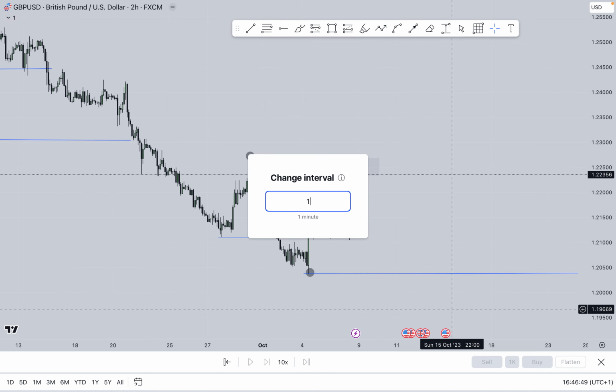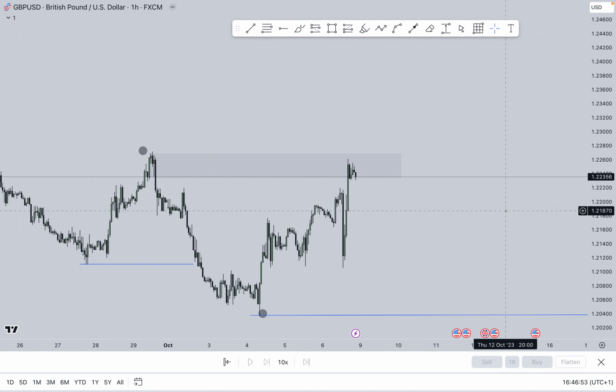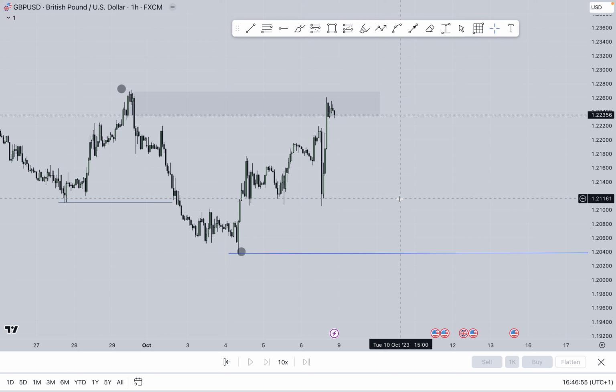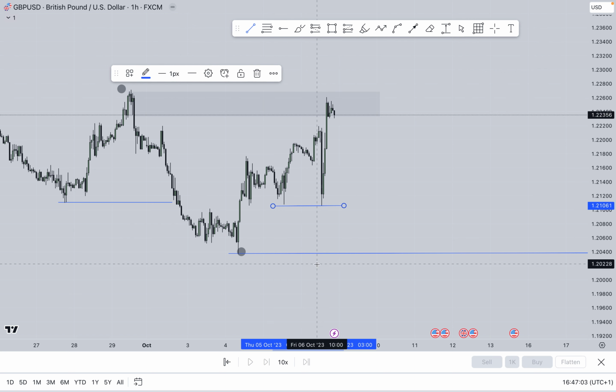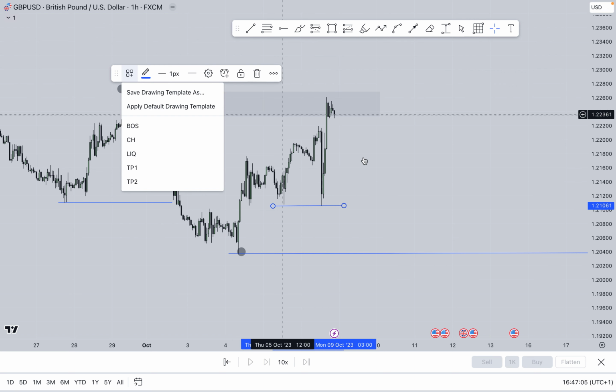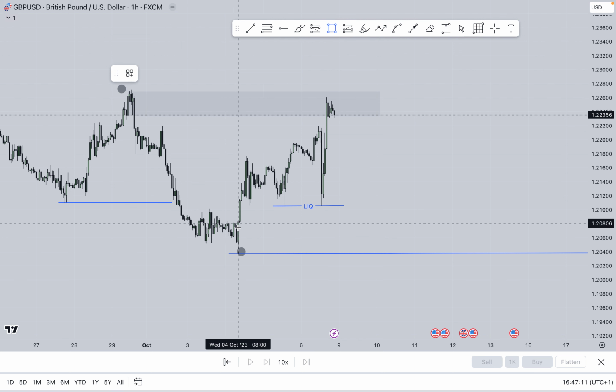So on the 1-hour time frame, I'll end here. And then what you need to do is wait for tomorrow to see how the Asian range will play, and then you can take the confirmation to sell, because now we have the internal liquidity that is here and we have the external liquidity that is here. So here we have this liquidity sleeping here, of which you see price taking it out, and it will be